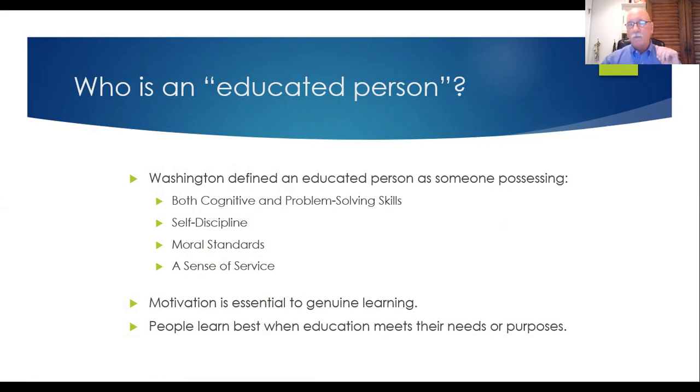It's related to the next one, moral standards. What is the behavior that's acceptable in society where we live? It's behavior that doesn't harm other people. It's usually behavior that helps other people. So there's self-discipline and moral standards for behavior, and then a sense of service. I'm educated not only to provide for myself, not only to provide for my family, but also to help others in my community. And we talked a little bit about national defense. These are what I think he means by a sense of service. If you're educated, you provide for the common good as best as you can.